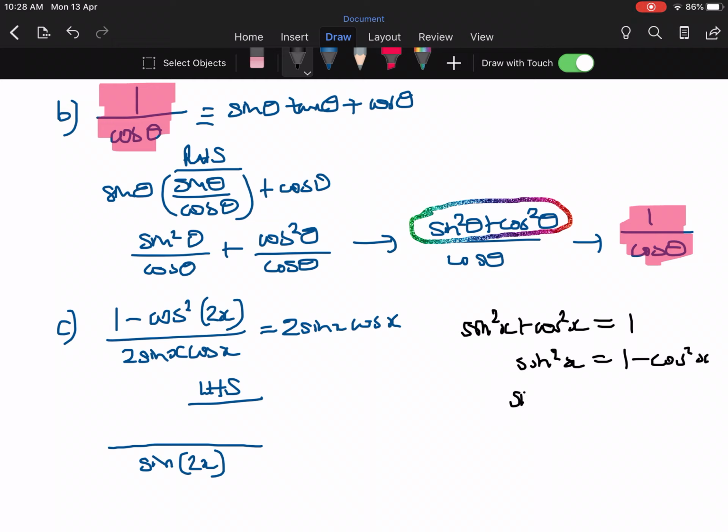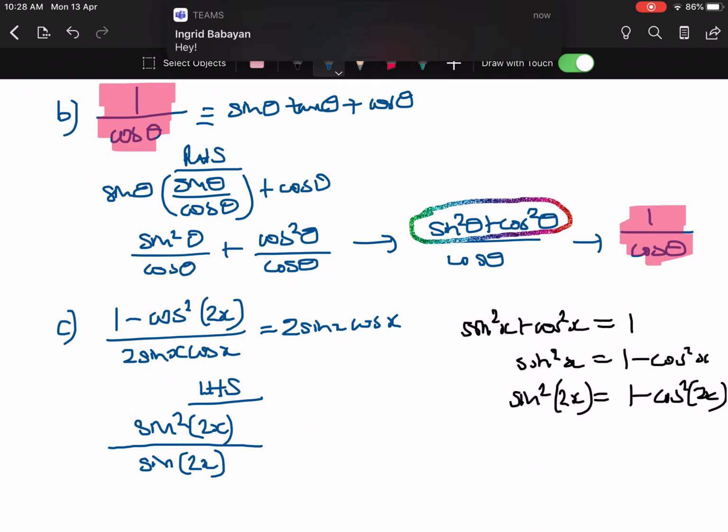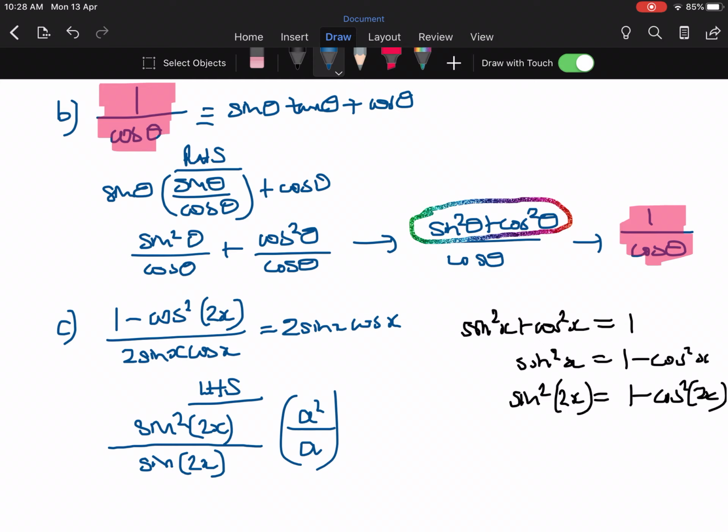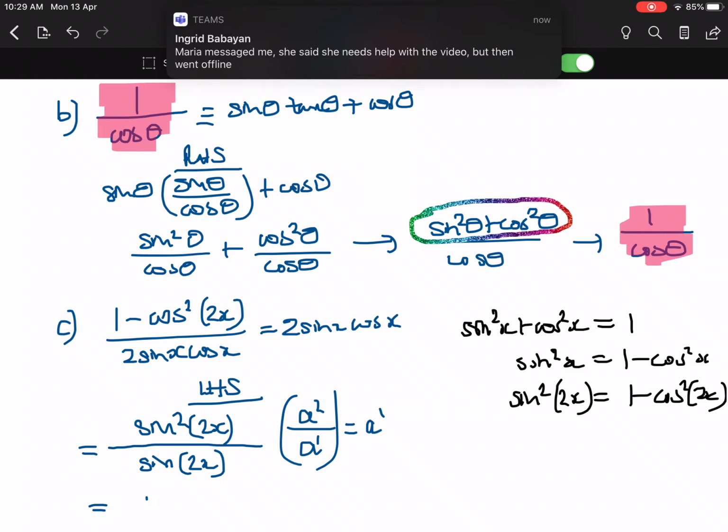So in essence, sine squared 2x is equal to 1 minus cos squared 2x. So I can replace the numerator with sine squared 2x. And then, if you remember simple rules of algebra, if I've got a squared on the top and a on the bottom, indices say that when you divide exponents, you subtract the powers. So 2 minus 1 would just become 1. So if I apply that same rule, then that's just going to leave me with sine